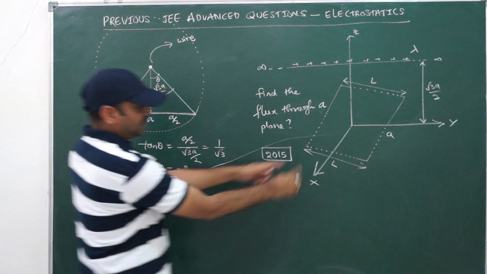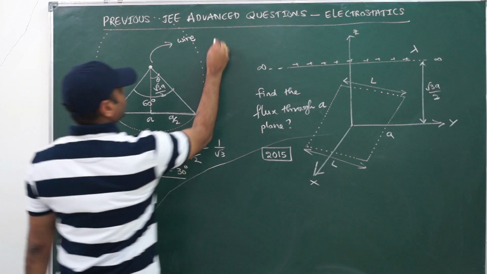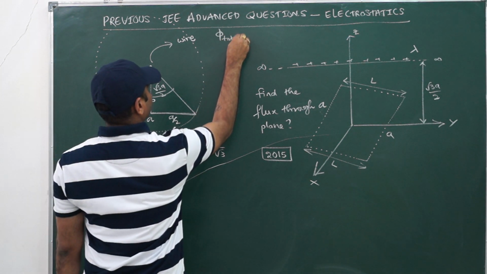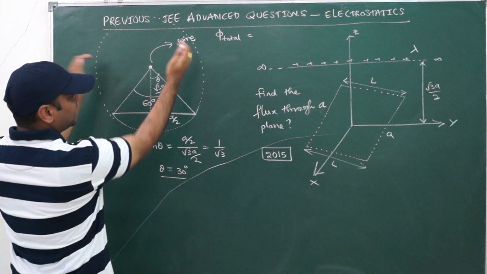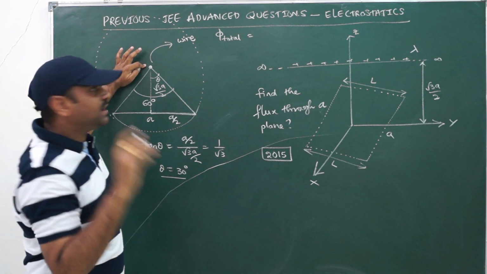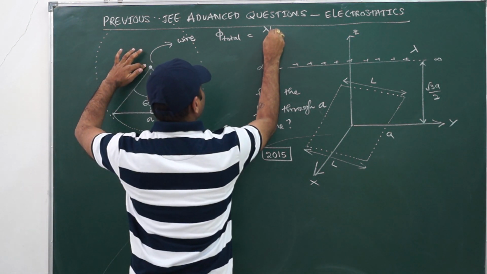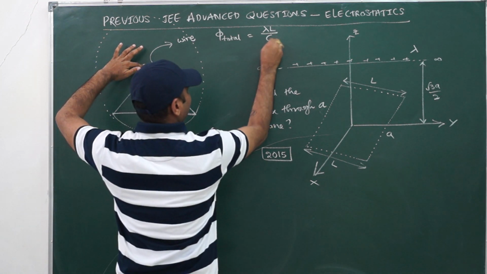Okay. So L, I am unable to see, L is there into the border. Then what is the total flux through the cylinder? If the cylinder length is L, and the charge per unit length of the wire is lambda, then the total charge in the cylinder is lambda L. The total flux is lambda L by epsilon naught.